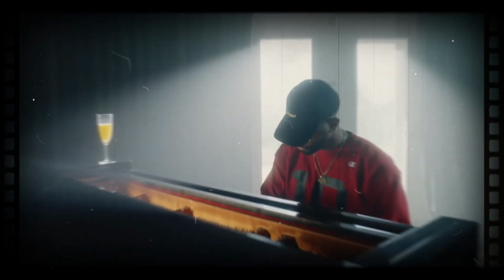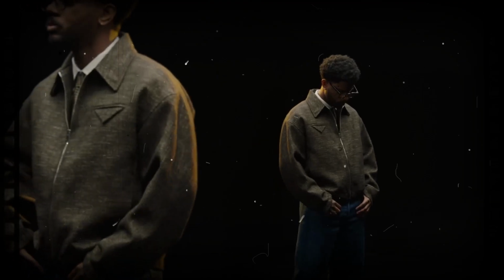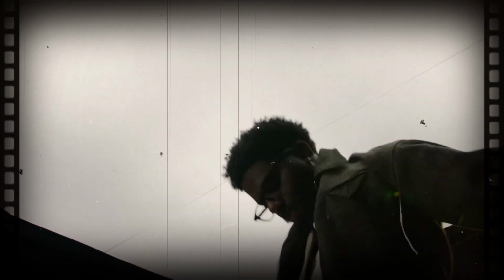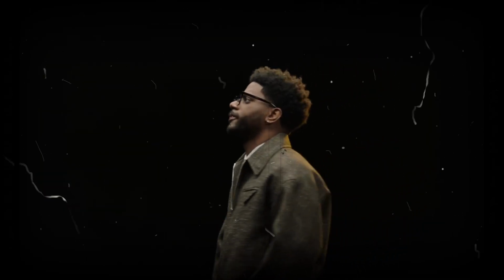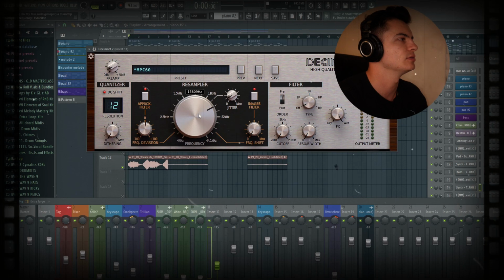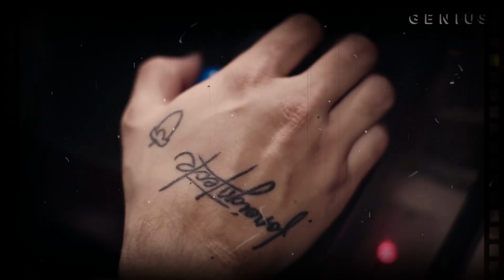Bryson Tiller went from broke on his last dollar to multiple diamond records in the same album. But here's the twist. It's not just talent and luck. It's the ambient R&B loops that shake every hit. Today I'm pulling back the curtain, showing you step by step how to create that moody, unforgettable R&B loop that